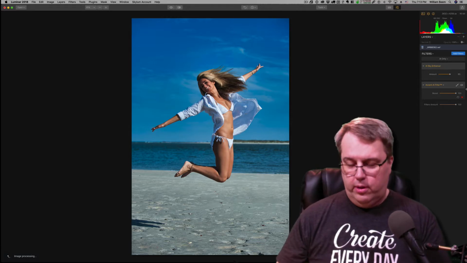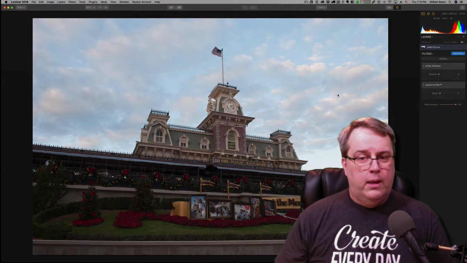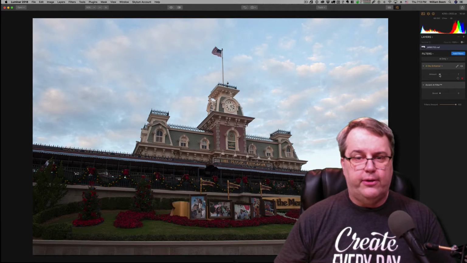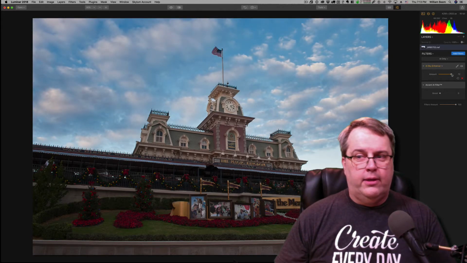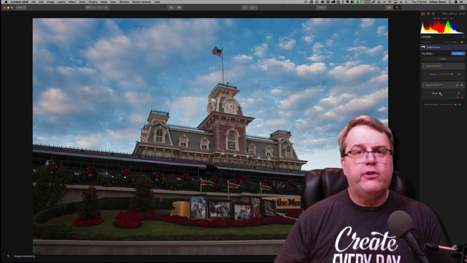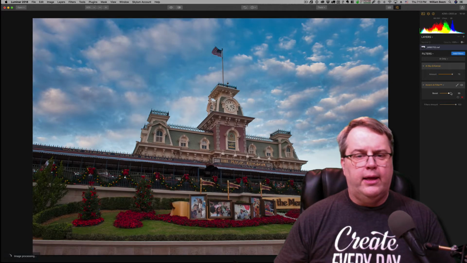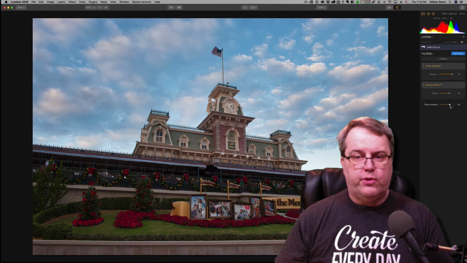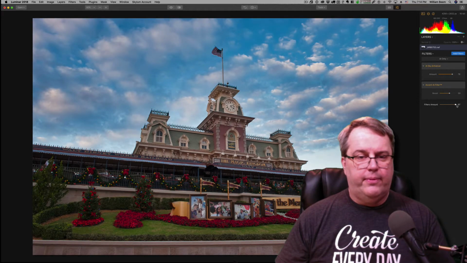We'll look at one more. Okay, I saved this one for the last because I think this is the one that has the most potential for the sky. So watch what happens when I move the AI Sky Enhancer slider. It's almost like watching the opening of The Simpsons with that sky. And then I'll go ahead and add the Accent AI filter. And it just kind of brings you right back to your subject. It knows that this is where you want to see the light open up, and you've got a picture perfect day. Again, if it's too much for you, you can always bring it back down, but I'm really liking the